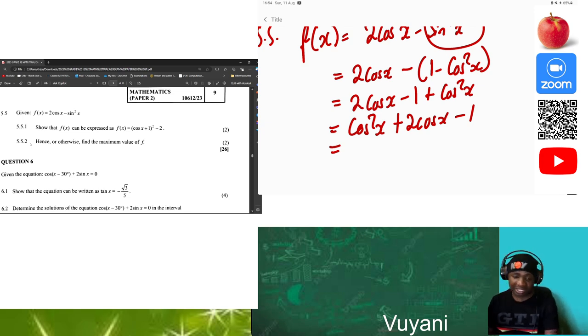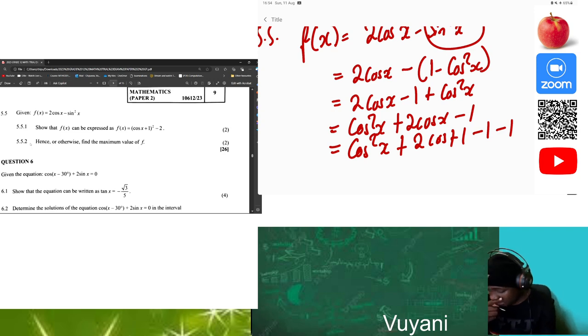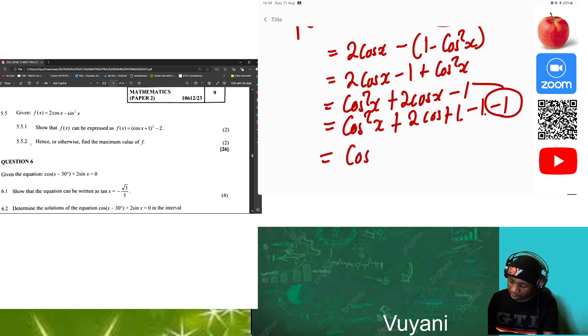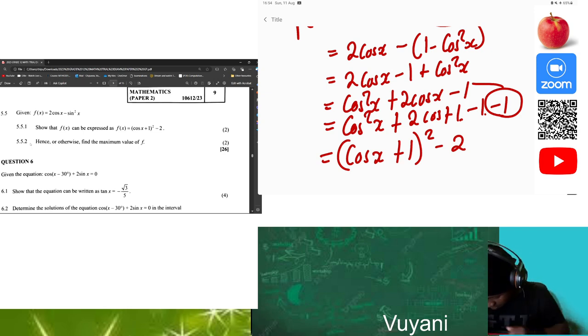So when we solve this, it is going to be easy for you because this is already straightforward. This will be the same as cos squared of x plus 2 cos of x plus 1, of course, minus 1 minus 1. We can still see that 1 minus 1 is equal to 0, then we still remain with that negative 1 which we have there. Then we can write this as cos of x plus 1 all squared minus 2. Hey,